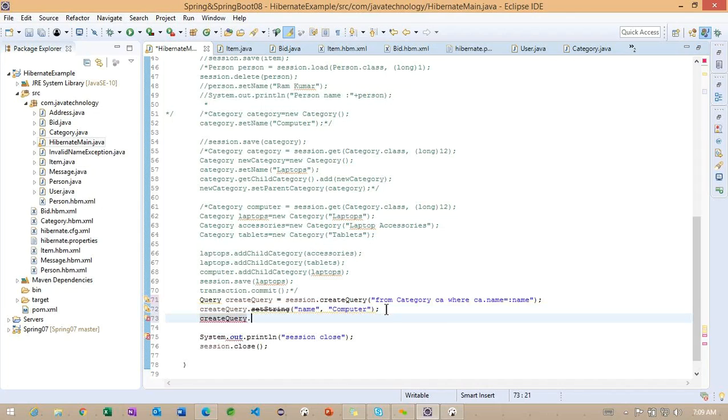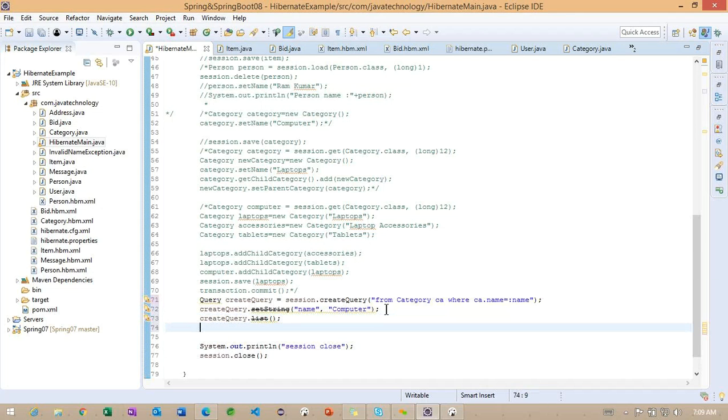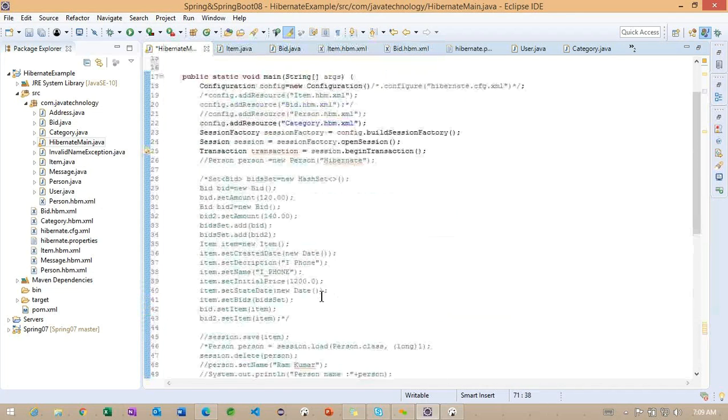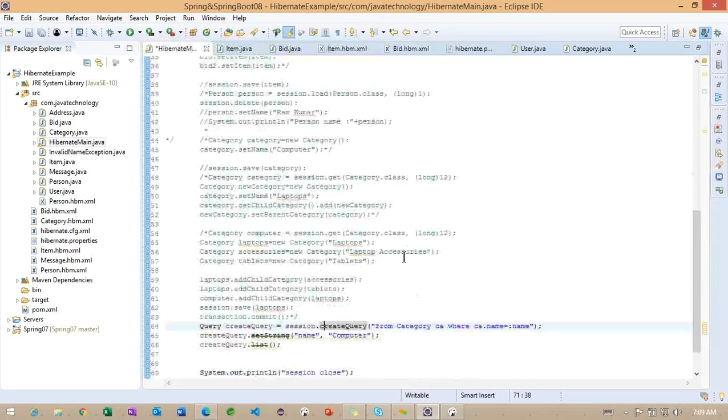Then createQuery dot list. So createQuery dot list. Why is it not returning?